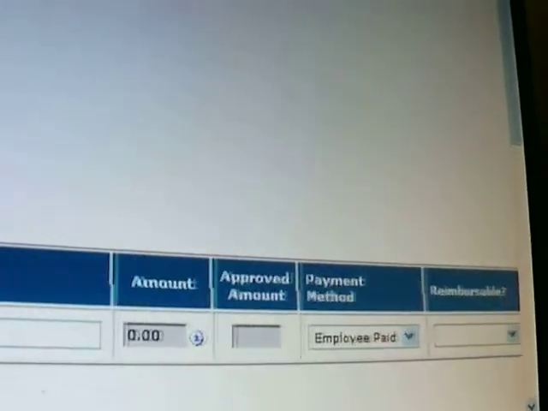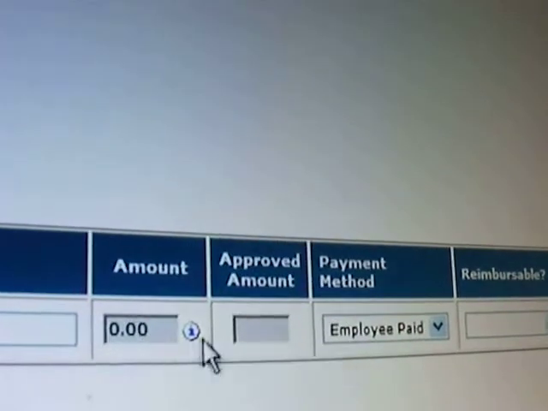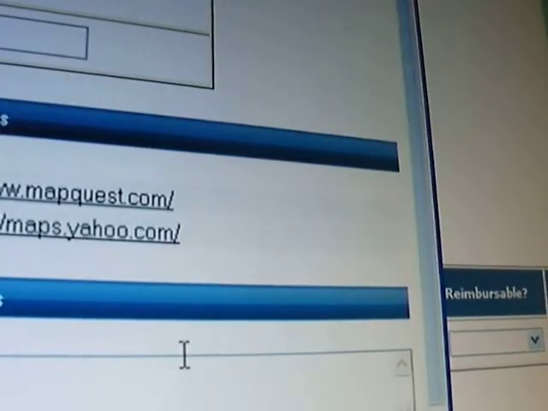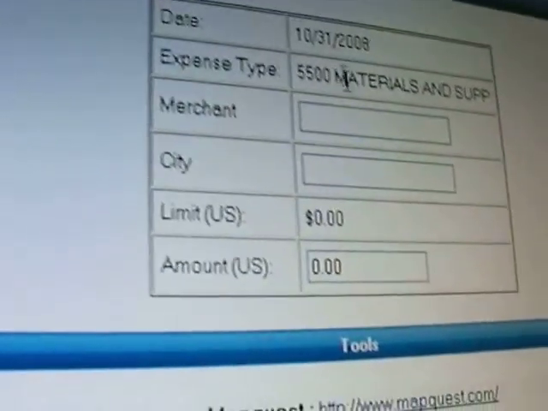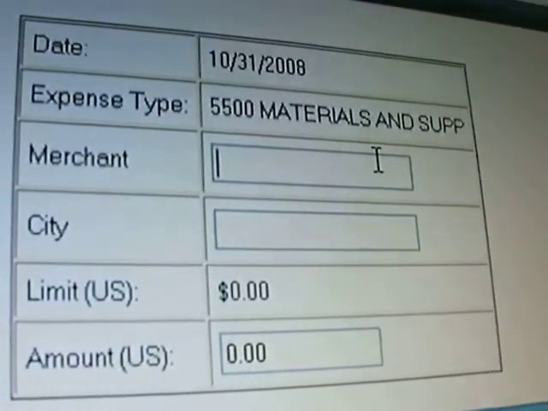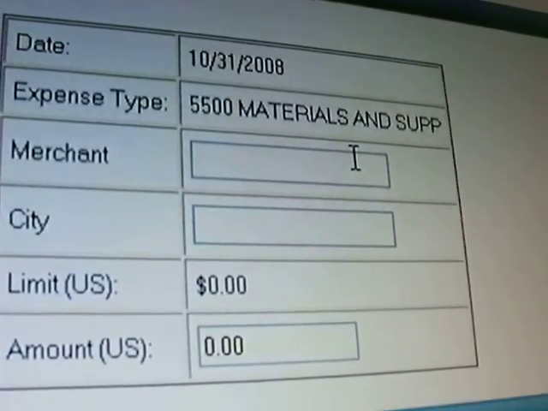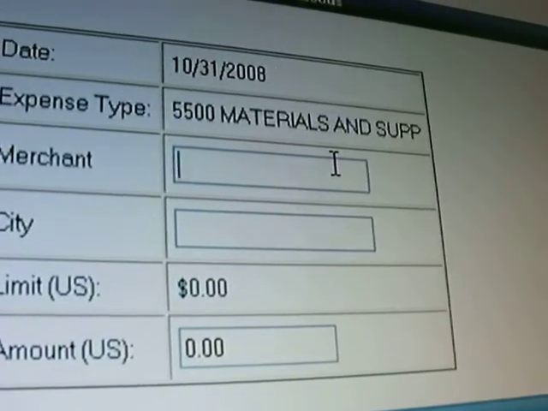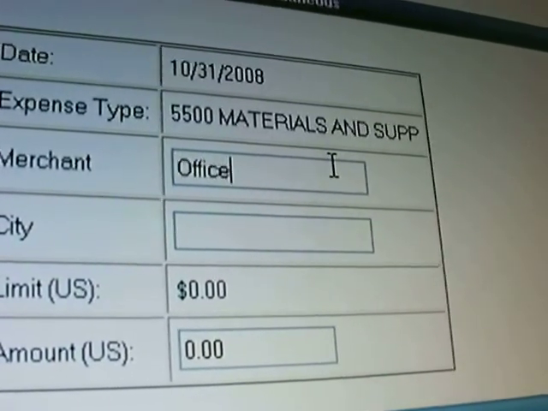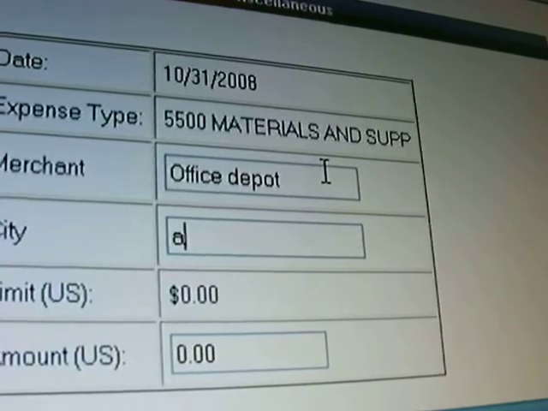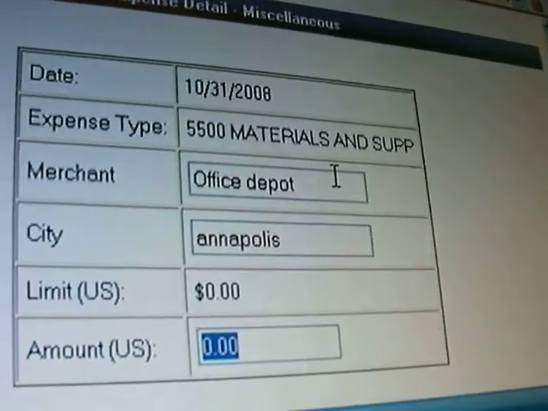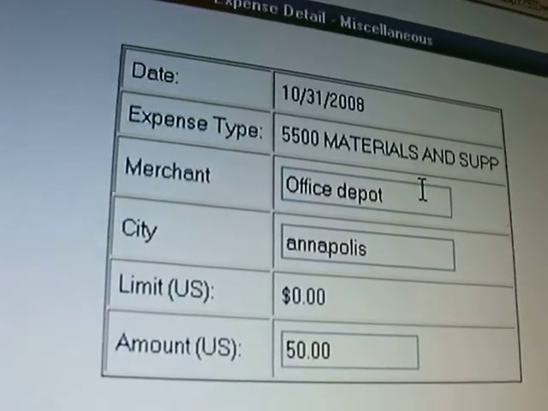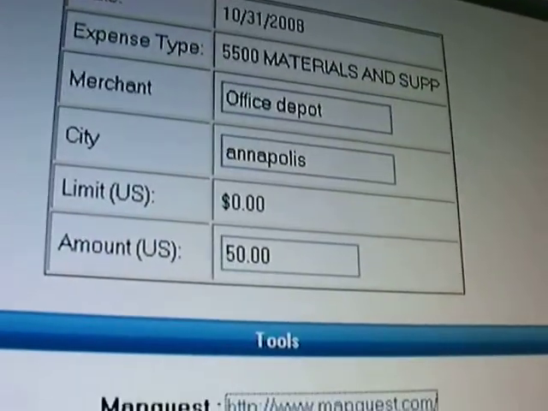And then to actually enter an amount, you can't actually type the amount in this field. You need to click on the I to the right of the amount box, which will bring up a pop-up box. And this is just so we can have a little more information, so it's easier to match your receipts up to the actual expense on your expense report. So you just simply enter the information into this box, hit save,